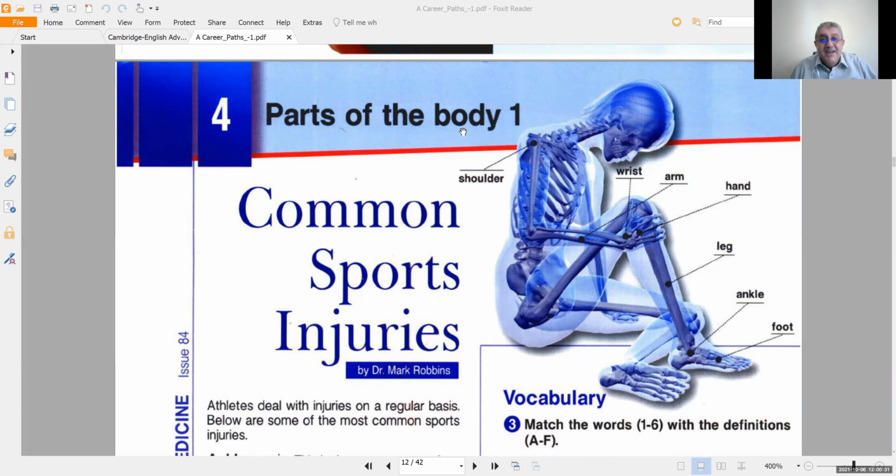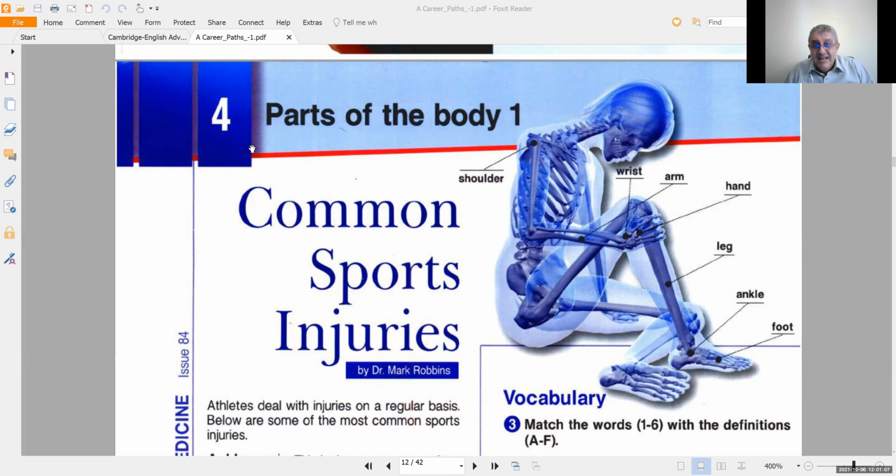Okay, today we are going to start with one of the main issues dealing with the human body, and today the technical terms are going to start. We are going to have the first part about the parts of the body. Of course, there are three chapters: parts of the body 1, parts of the body 2, and parts of the body 3. Today we are going to deal with the first part, which talks about the common